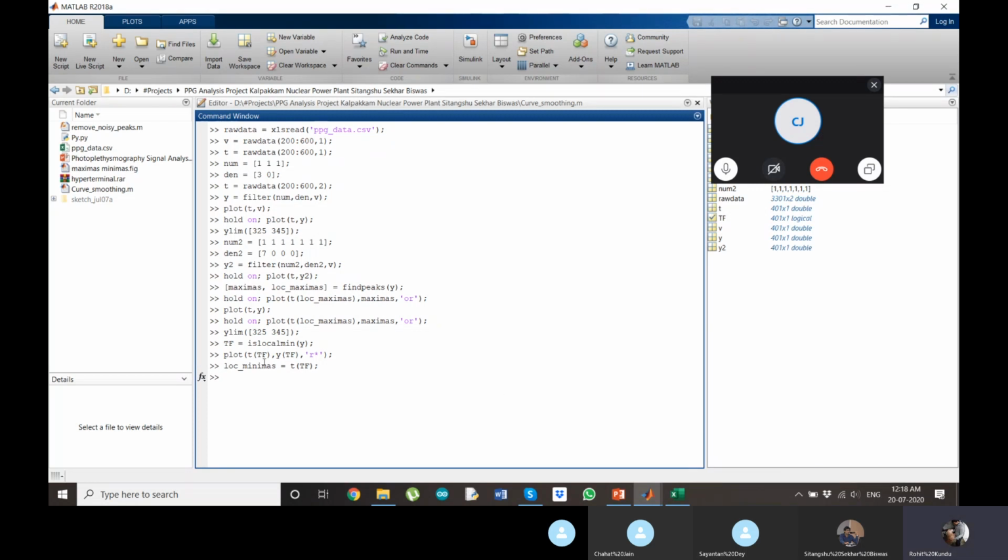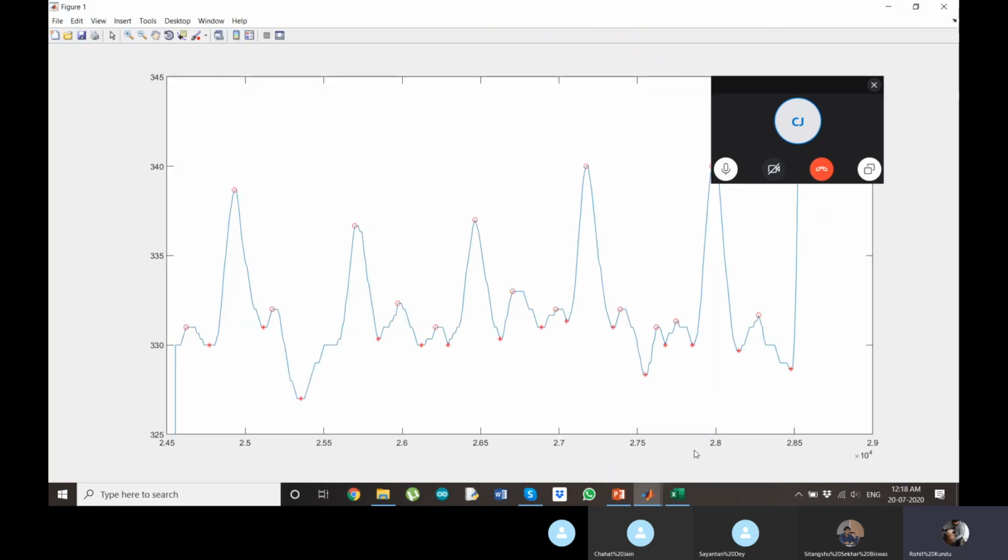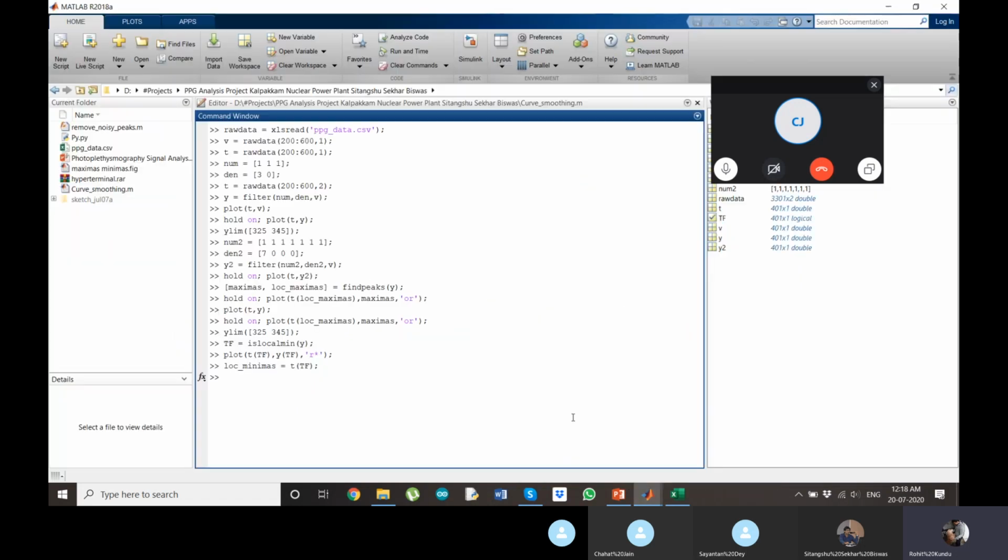So log minimas is basically just an array that contains the locations of all the minimas. So log minimas 3 minus log minimas 1 will give us the complete duration. Let's see. So 584, it is in milliseconds.